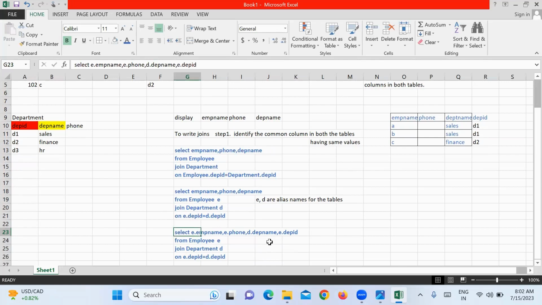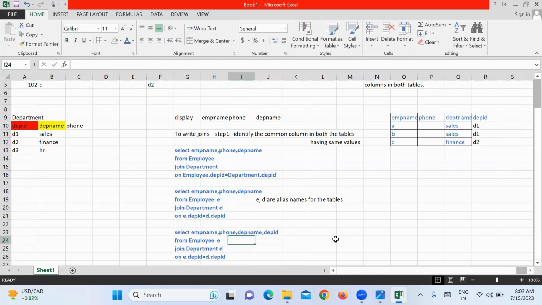Employee table, no, sir. So joins, the department also, right? I am asking to select from 2 tables, right? Okay. But whatever the columns we are giving, that is not from the employee table in the first column. Select employee name, comma, phone, comma, department name, comma, department ID. If you write like this,